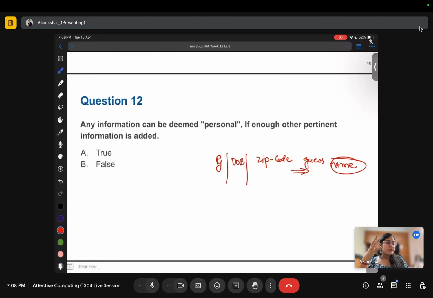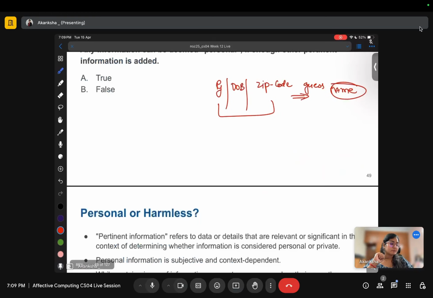Because maybe this information does not seem that personal because there is no name associated with it. But if I take some other auxiliary information, or some other data set which has similar records, and I compare both sets of data, then I might be able to reveal certain patterns.